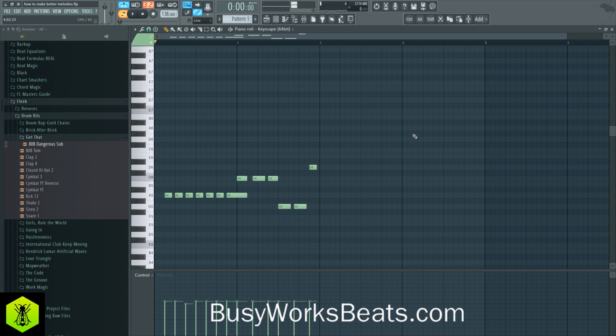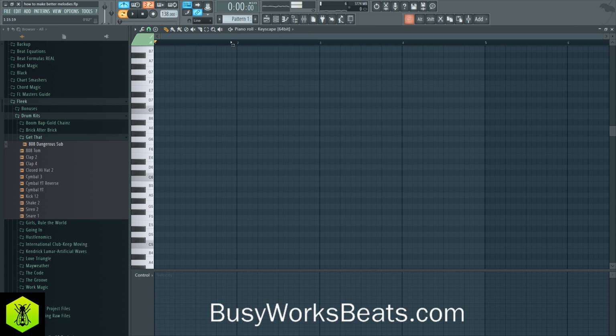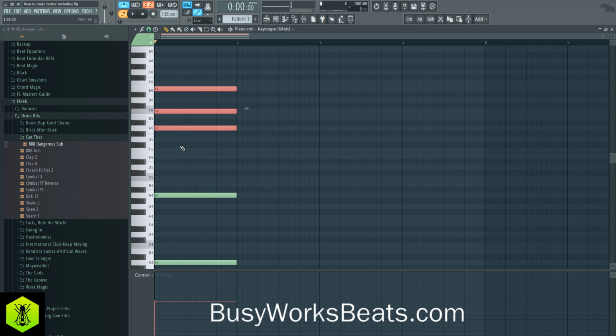Now, lastly, let's talk about chords, how to make melody from a chord. Let's just keep it really simple. I started off on A. Okay, so we're going to draw an A here for our root note. And let's draw that out. Now, the top chord is going to be A, C, E for A minor. That's what we're playing. All we're doing is just separating those notes.